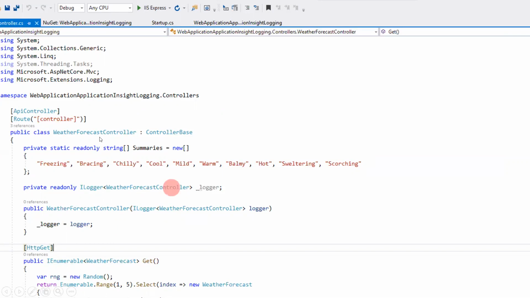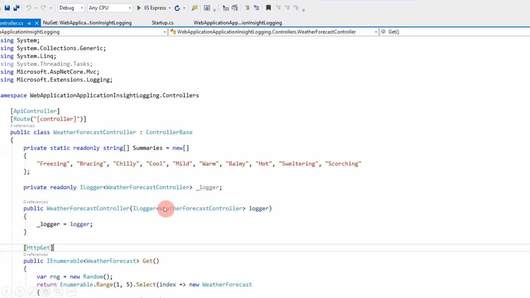So if I have to log something from the WeatherForecastController class, then the first step will be that I have to inject ILogger services through its constructor. And here you can see this is nothing but the name of the class. So through the constructor, I'm injecting ILogger services, and here we have to pass the name of the class.